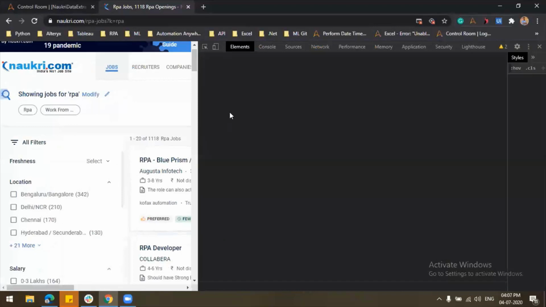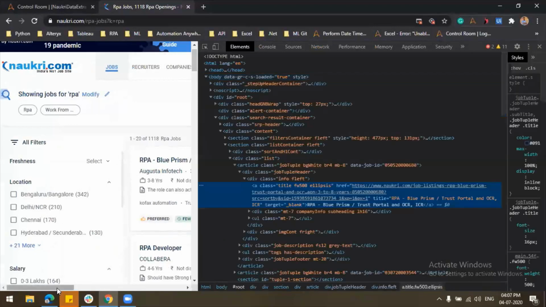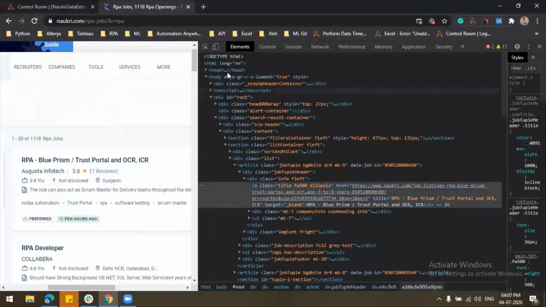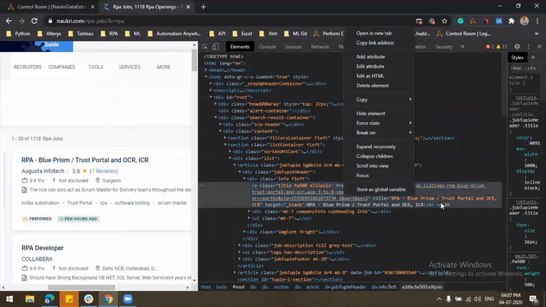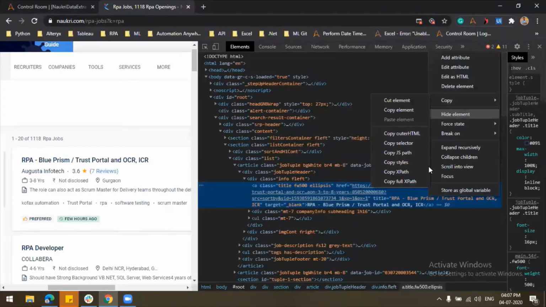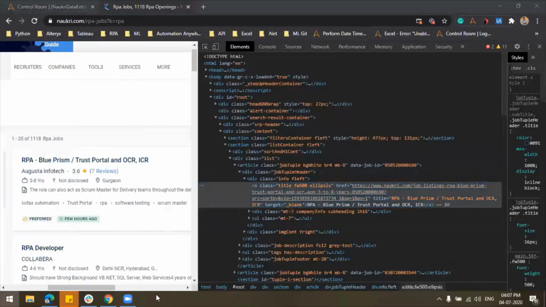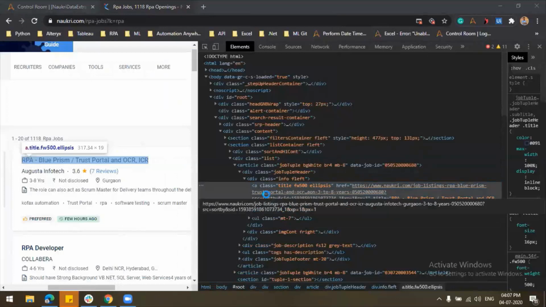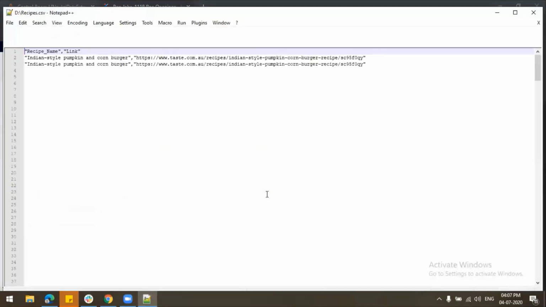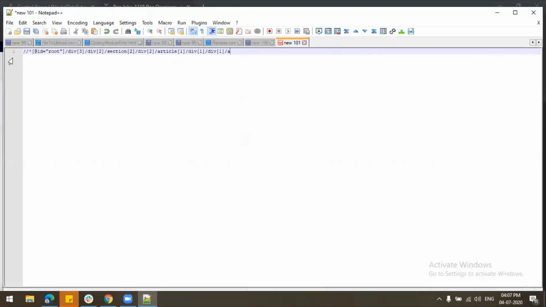inspect. So these things we have to manually find, the XPaths. If you see, for this particular title, the XPath will be like second, copy XPath. So this is the XPath for the first title.